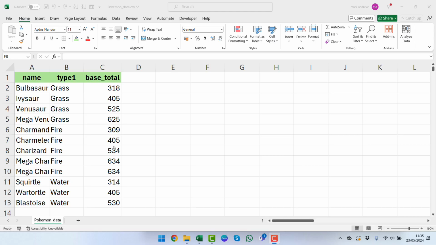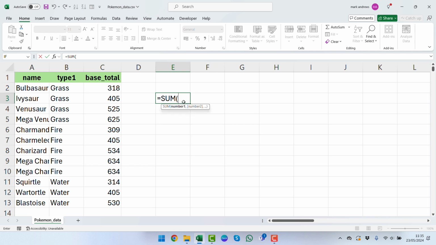In this Excel tutorial, we're going to be looking at how we can get the sum of filtered data in Excel. We can see here that we've got some names, some types, and some totals in column C. What people would normally do is use the sum function, select all of the data and then press enter. So we can see that we have a total there of